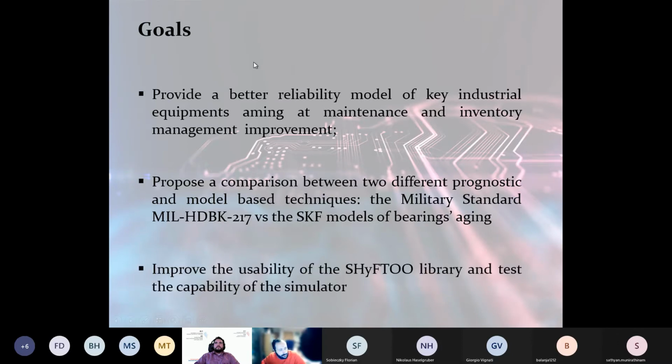And the third goal is to improve the usability of this library, the SHIFT2, that has been conceived a few years ago in my group, and to test the capability of the simulator. So I am one of the contributors of this research. The main research investigator that is studying the failure rate is not here, and I'm presenting on behalf. Okay, so basically the problem